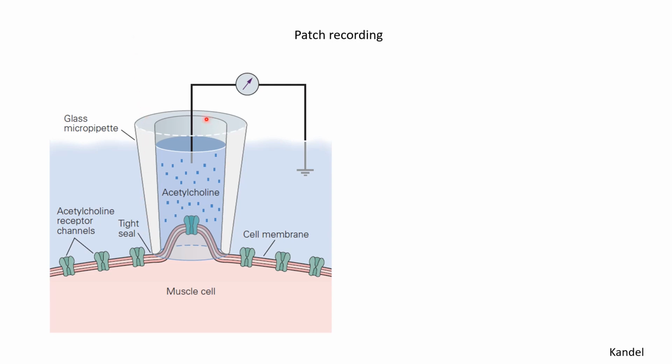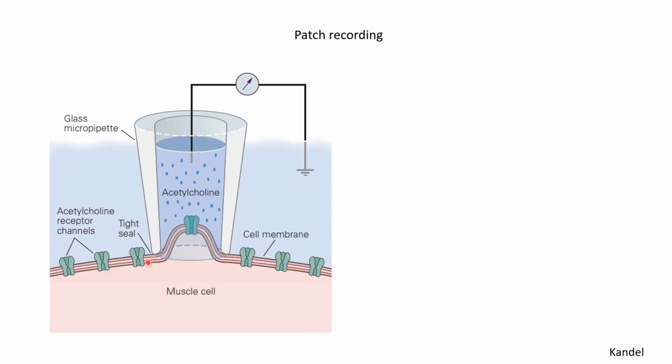And this glass tube, which you can see in this gray conical shaped structure here, is placed over a piece of membrane, as you can see here. So this is a membrane, a lipid bilayer in which ion channels are present, and this could be the membrane of a neuron or a muscle or any cell in the body that has ion channels. So this glass capillary is placed on the piece of membrane and then some suction is applied through the capillary. So this membrane gets sucked in a little bit into the glass capillary, and that helps in forming a tight seal between the capillary and the membrane so that there is no leakage through the capillary.